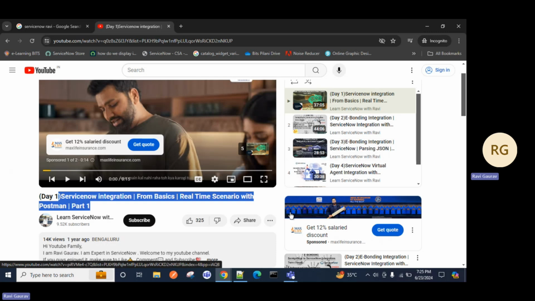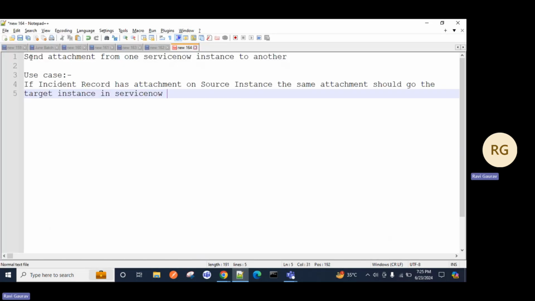So this is today's use case, which is sending an attachment from one ServiceNow to another ServiceNow. I'm going to take an example from the incident table. You can choose any table of your choice. If a record has an attachment on the source instance, the same attachment should go to another ServiceNow instance. So to proceed with, guys,